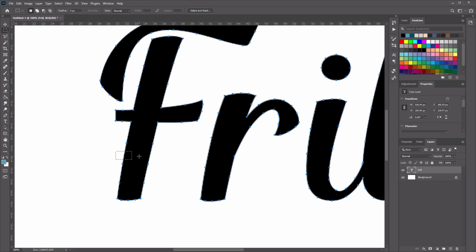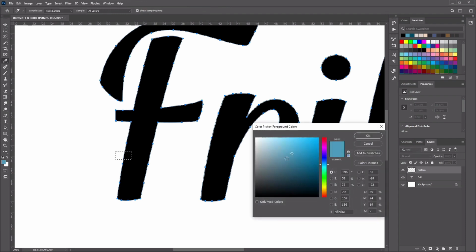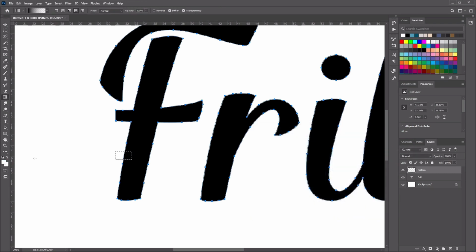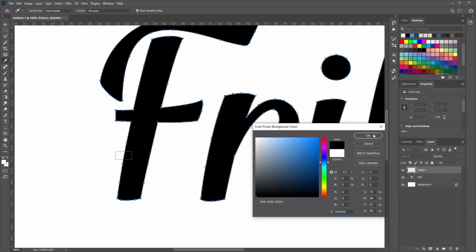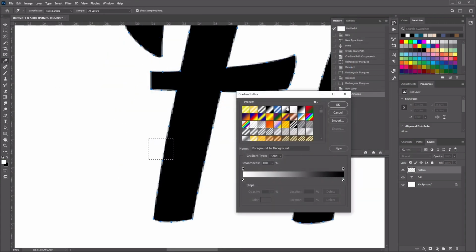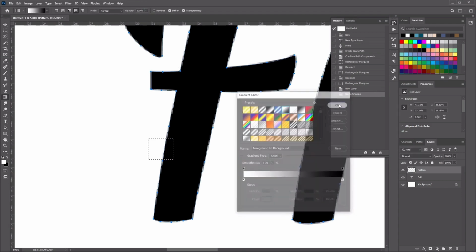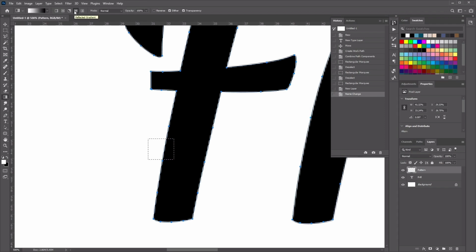So once you've done that, we can go ahead and create a new layer. And let's go ahead and name this pattern. Then select the gradient tool and set the foreground and background colors. So the foreground colors will be white and the background colors will be black. In the options bar at the top here, make sure to select the foreground to background option for our gradient fill, and then choose the reflected gradient icon at the top here, and then making sure that the pattern layer is selected and that we still have our selection. We want to click and drag from the center of our selection here to the top, like so,